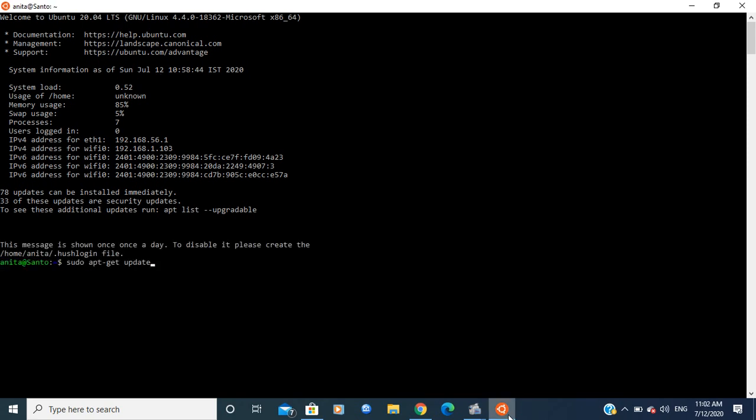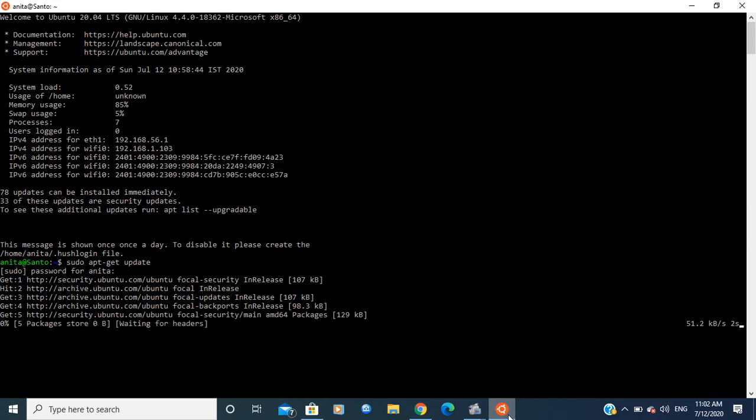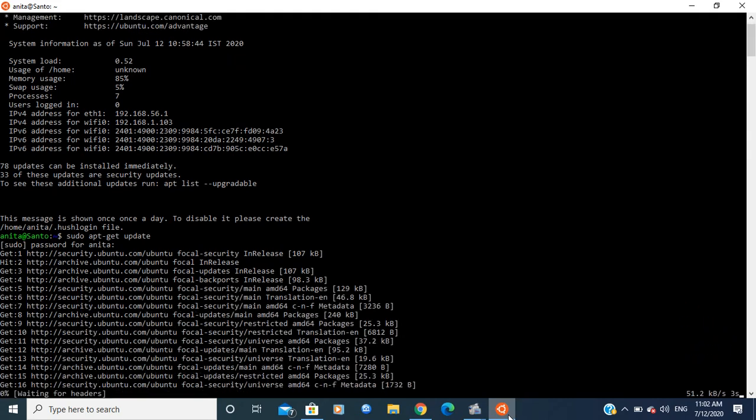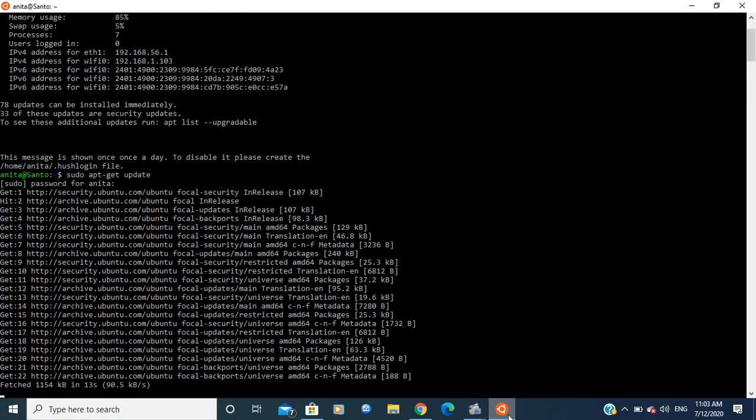Before proceeding further, give this instruction: sudo apt-get update. So it will update your Ubuntu. After updating your Ubuntu, you can start proceeding with any of your commands. Whenever a command is not installed, it will automatically prompt you with the instruction to be given to install those commands. For example, initially you will not be able to proceed with using the network configuration command.